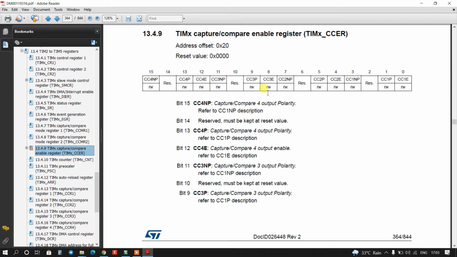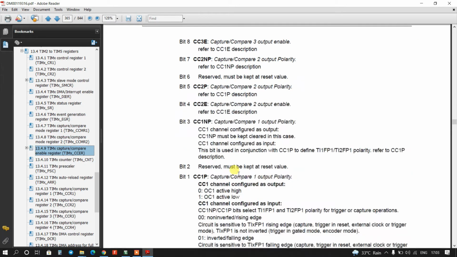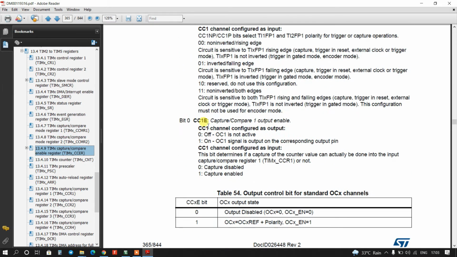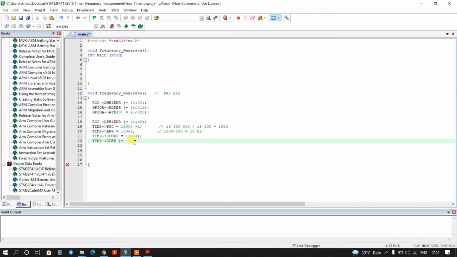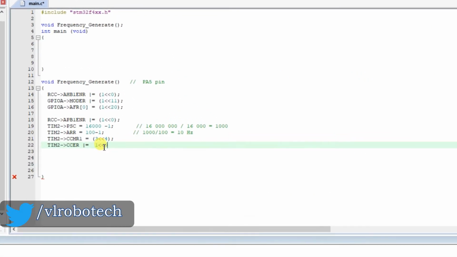In the CCER register we have to enable, so here we will configure the channel as output. So it will be 1, signal is output on the corresponding output pin. Because I want output on the pin, this is the PA5 pin, so I will use 1. Okay, 1 left shifted by 0 because the 0th bit is 1.